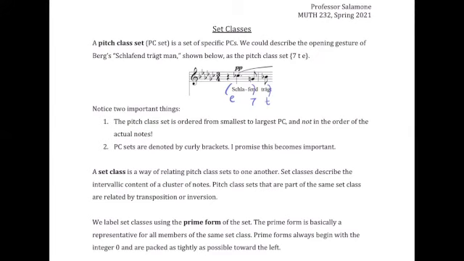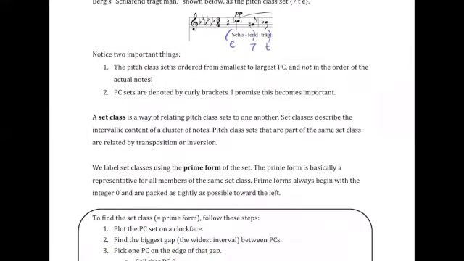Now, another new term is a set class. Set classes are a way of relating PC sets to one another. A set class simply describes the intervallic content of a cluster of notes. So pitch class sets that are part of the same set class are related to one another by either transposition or inversion. Now, that's a lot of words, and it'll become more apparent in the next couple of days